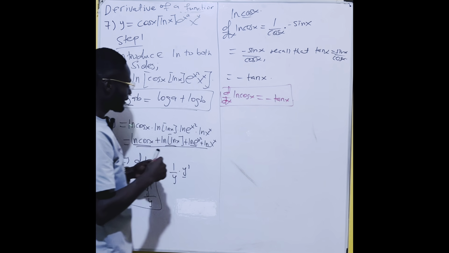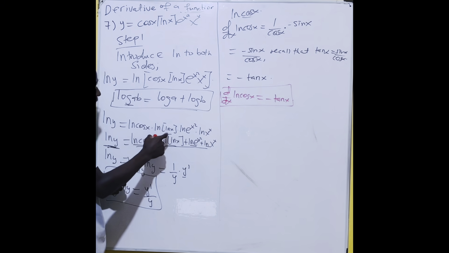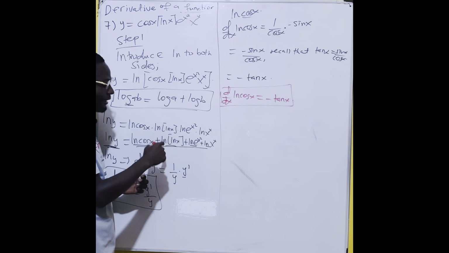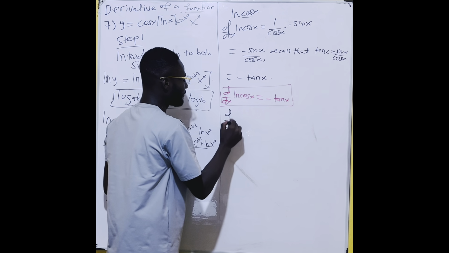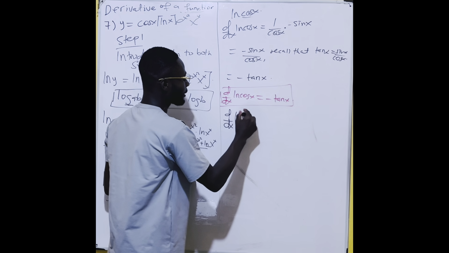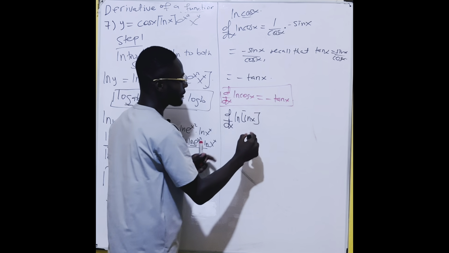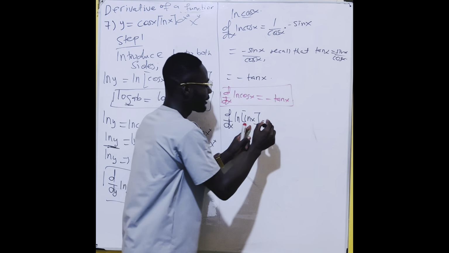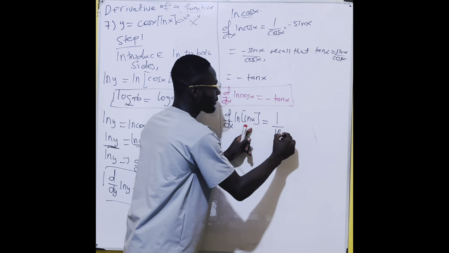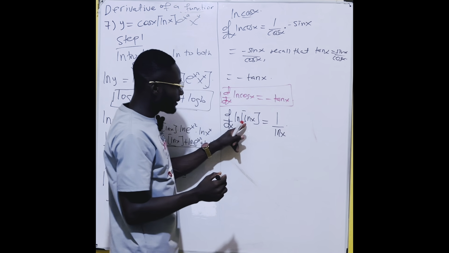So that is the first term. We are done with that. We come to the second term, which is ln of ln x, right? So the derivative of ln of ln x with respect to x will be equal to, we take 1 over the function inside the ln, which is 1 over ln x, times